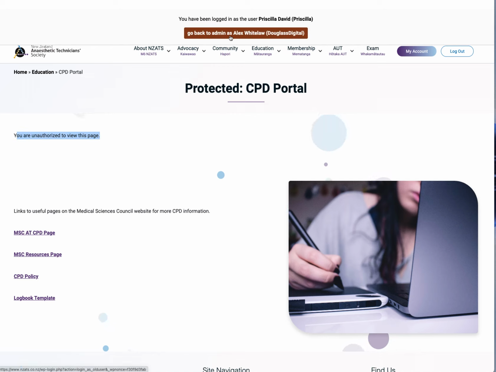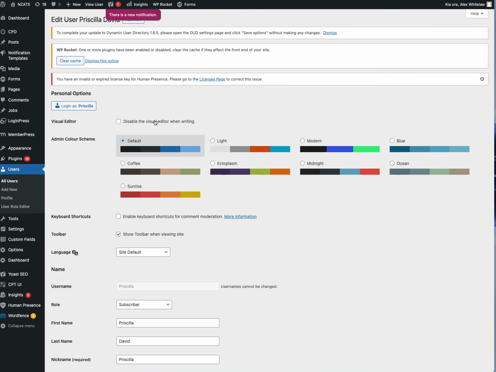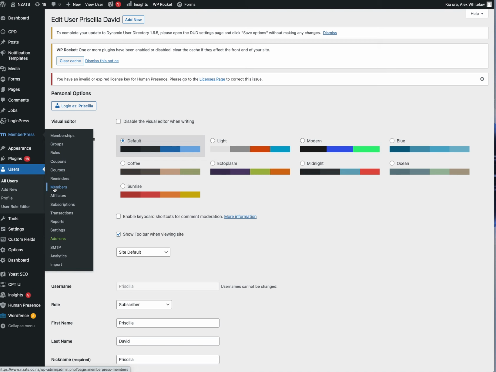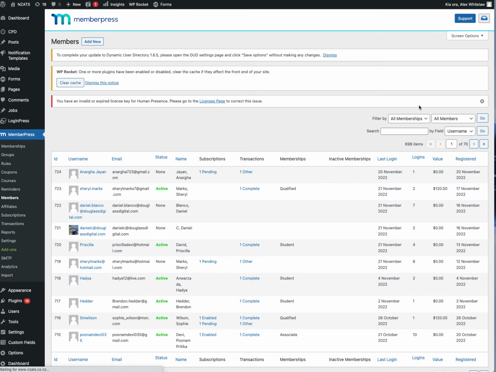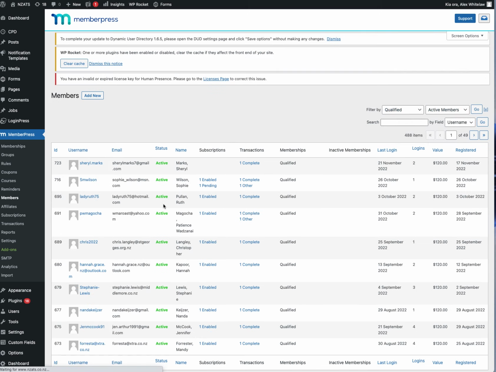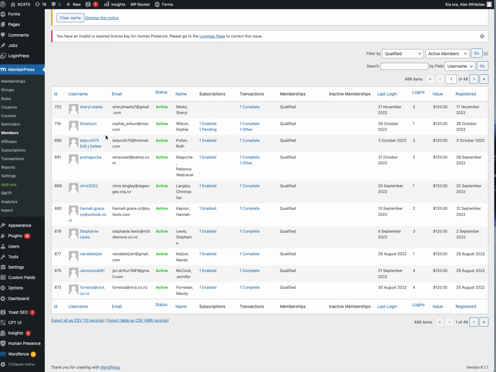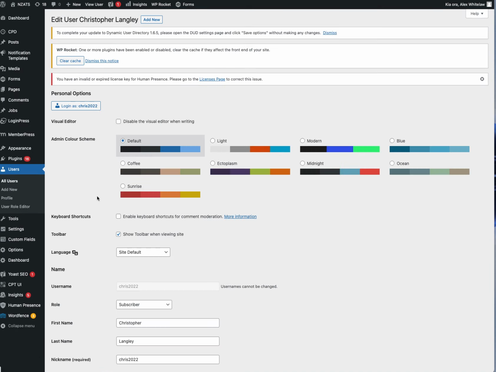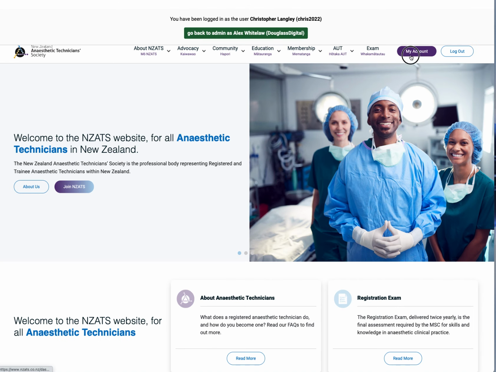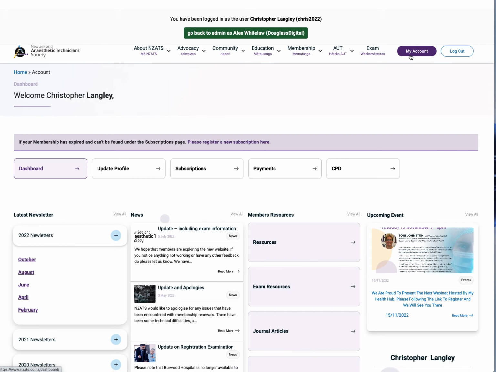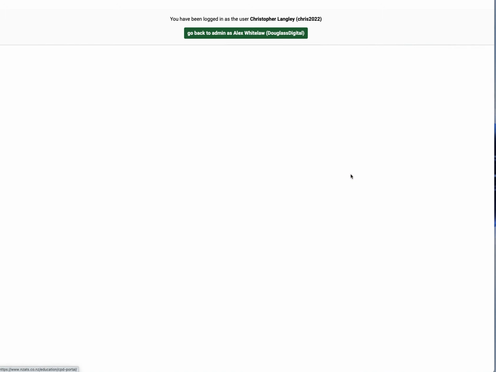If I switch back into my admin user, go back to MemberPress, and then back into members. Now if we pick all qualified members that are active and switch into them, you can see that they've got access to the system. So let's pick one of these at random that I haven't done. If I log in as Chris, go to my account and go to CPD,